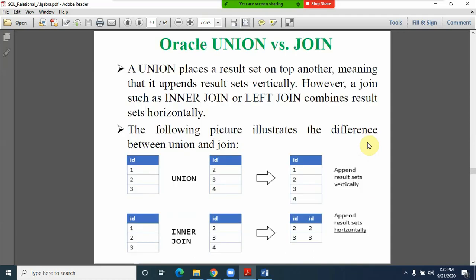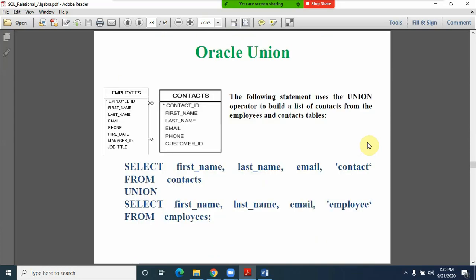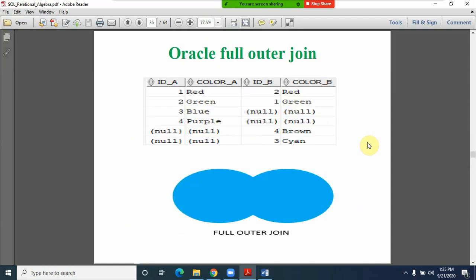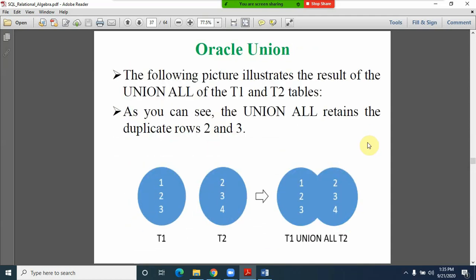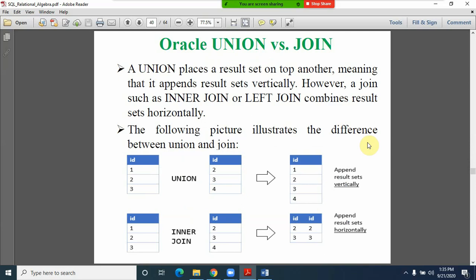Now friends, you may have some doubt. With union we are fetching the data from employees as well as the contacts. Even in the case of joins we have done the same. Then what is the clear difference between a union and a join? Because in most interviews, especially in databases and SQL, they may ask us to give the distinction between union and join, as both fetch data from both tables. For that purpose I have designed the distinction between union and join.